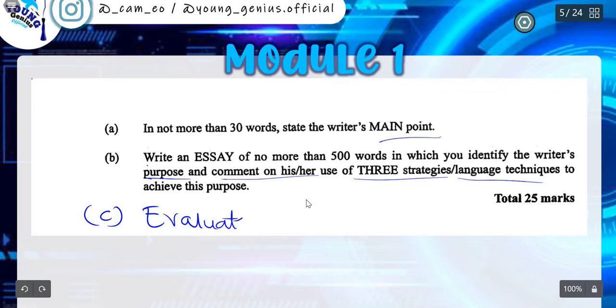I was supposed to evaluate my source. All right, I think I spelled that correctly now. All right, so